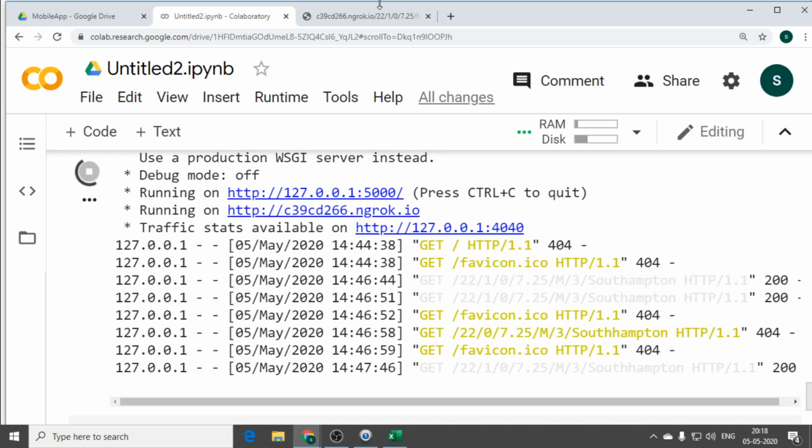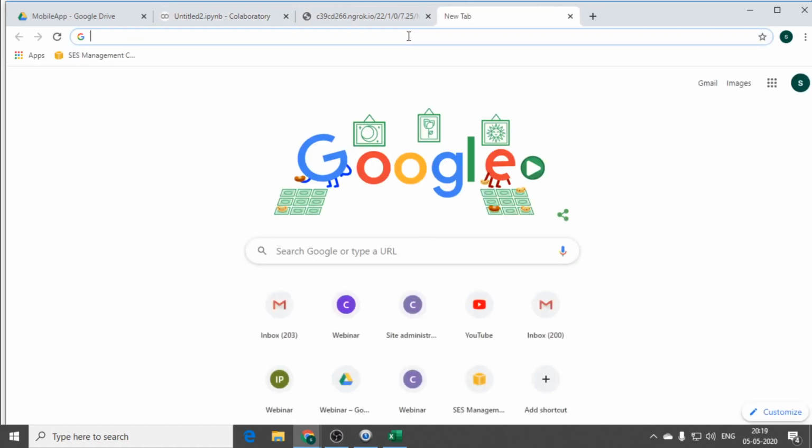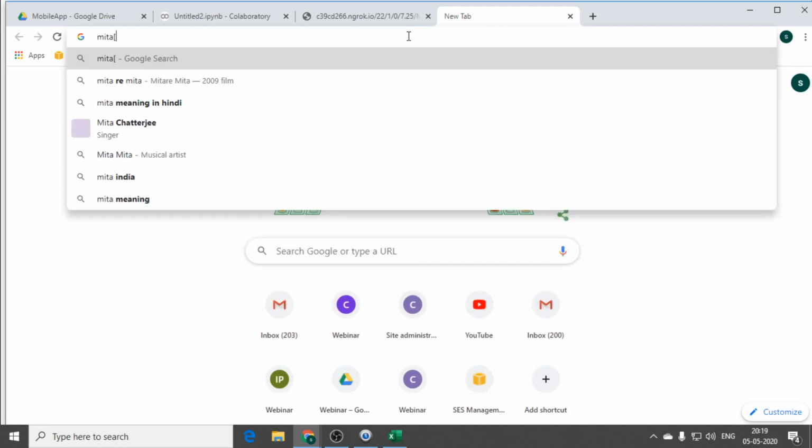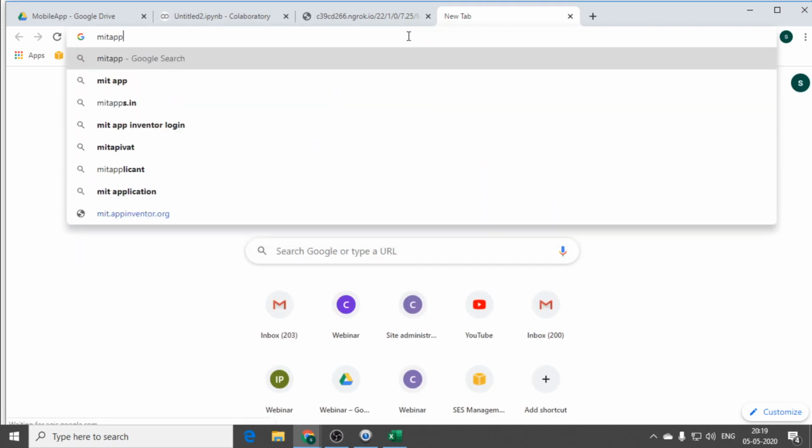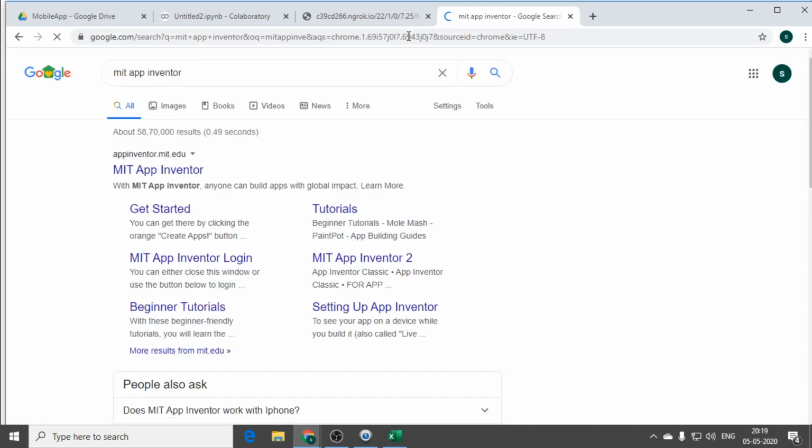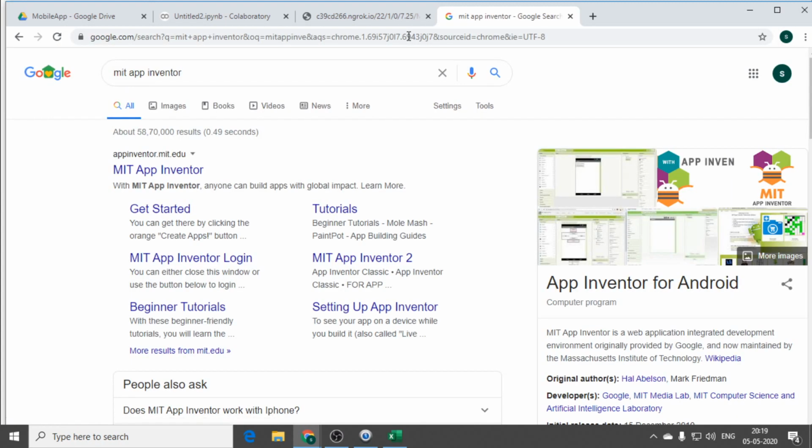Now we will go for MIT App Inventor. I have already shared the .aia file, which is the App Inventor file. You can directly open MIT App Inventor, because it is a pretty good block based application where you can build simple Android applications, because an APK file will not allow you modifications.